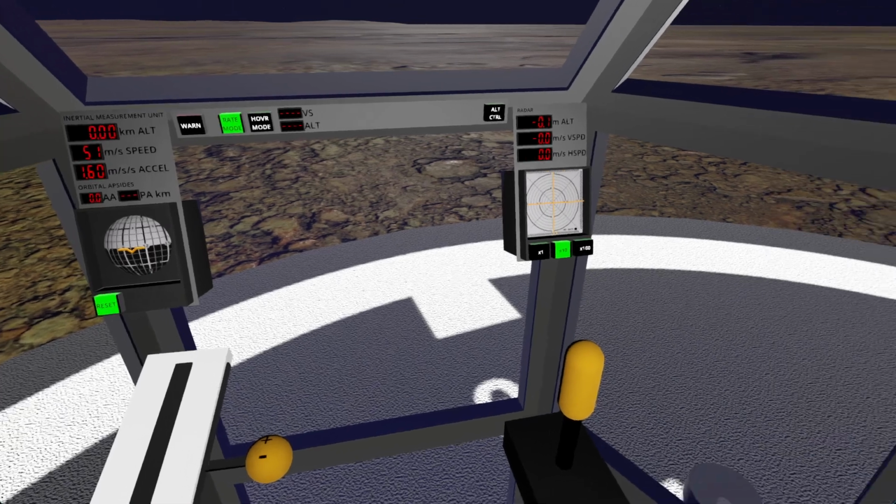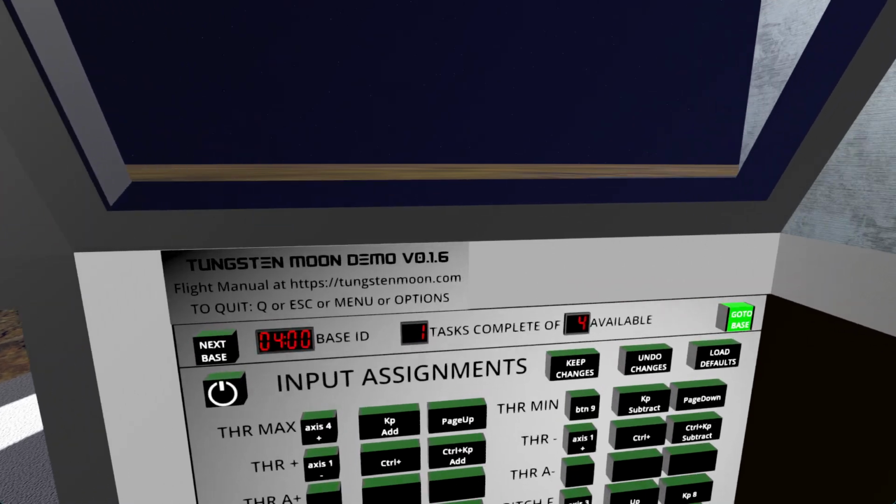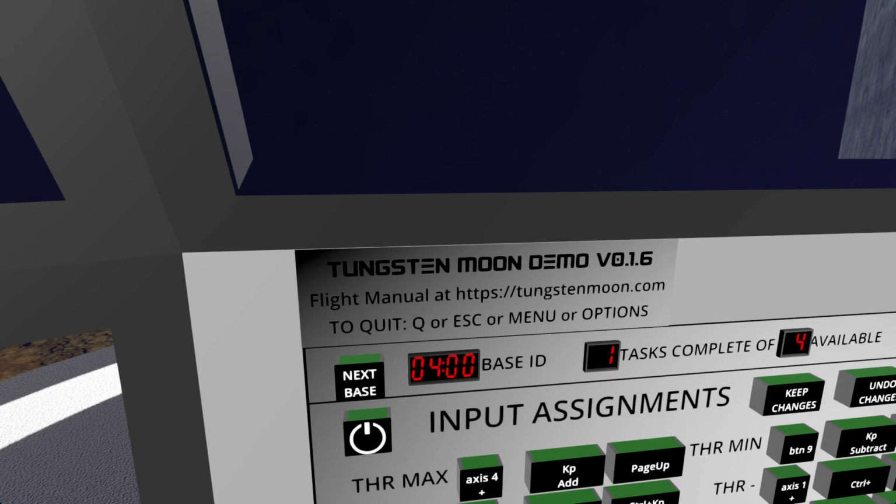And I think that were all the major... Oh no, we have one other thing over here on the right. We have the URL for the Tungsten Moon website where you can visit to look at a flight manual, basic instructions on how to use it. And I don't have a button in the cockpit for quitting the game, so you just have to press the Q button on your keyboard or escape or the typical